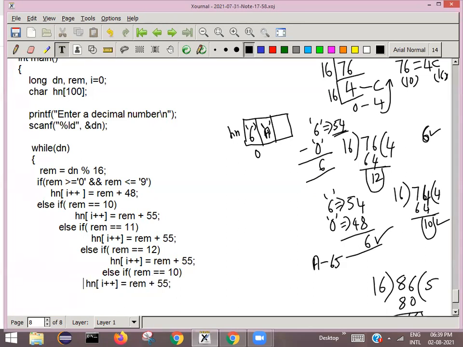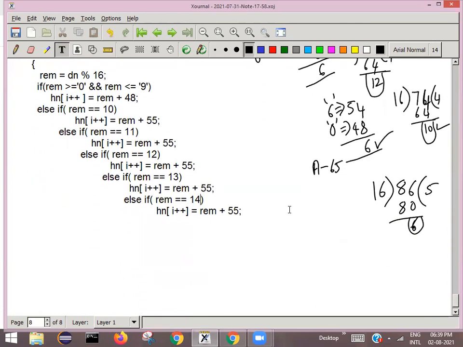Else if remainder is 13, it should be stored as D. Again, if remainder is 14, then it should be stored as E. Then the remainder is 15, it should be stored as F. So like this, any one of these conditions will be evaluated.